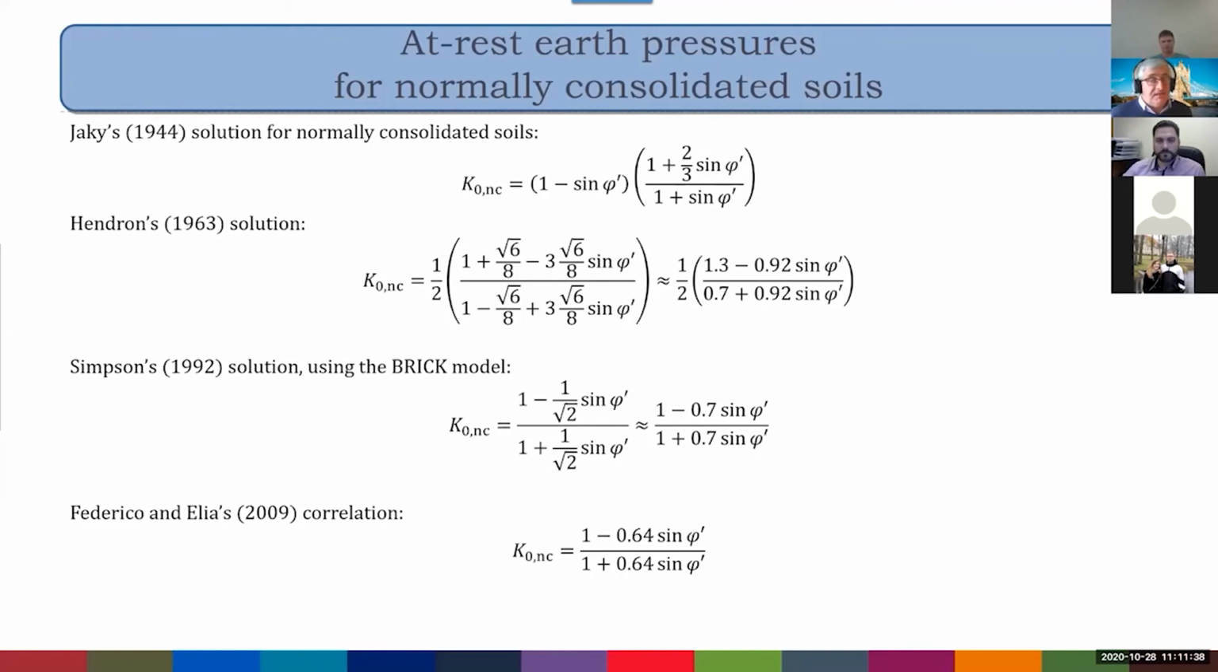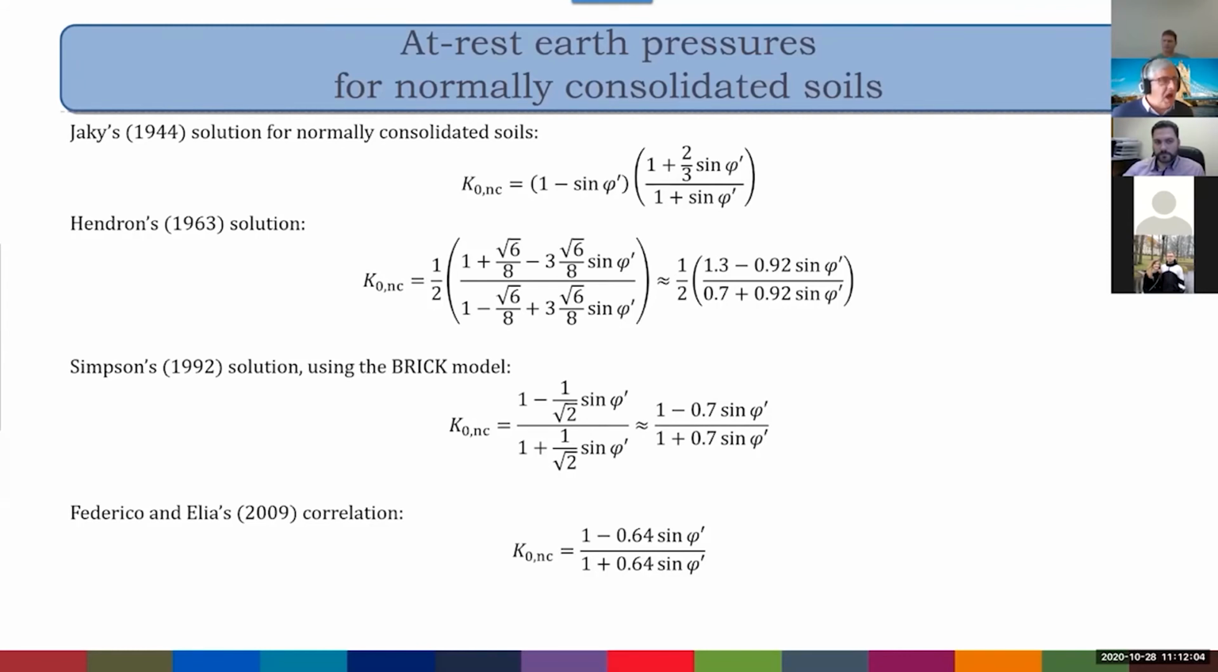You will often see the second term in brackets omitted from most textbooks, wrongly omitted. This is actually what Jaky published, but most textbooks give you 1 minus sine phi as Jaky's formula, but it's actually slightly more complicated. In 1963, a guy called Hendron came up with a more sophisticated solution, looking at, I